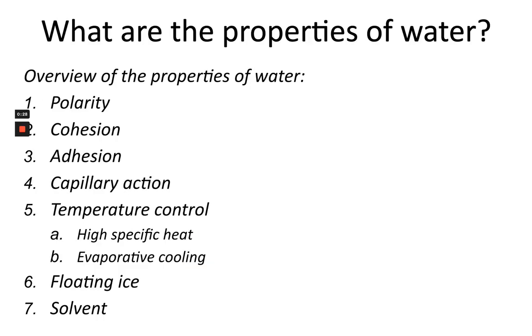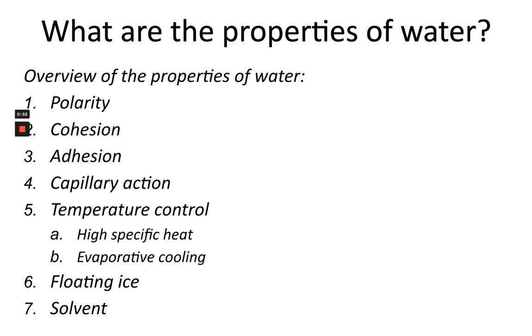So, when we're talking about water, it's important to realize that we're actually going to be talking about 7 particular properties of water that make it so important. And again, we're looking at why water is important to life on Earth, not all of the properties of water, but ones that are specific to biology. So, just a brief overview of the 7 that you need to know in regards to water.